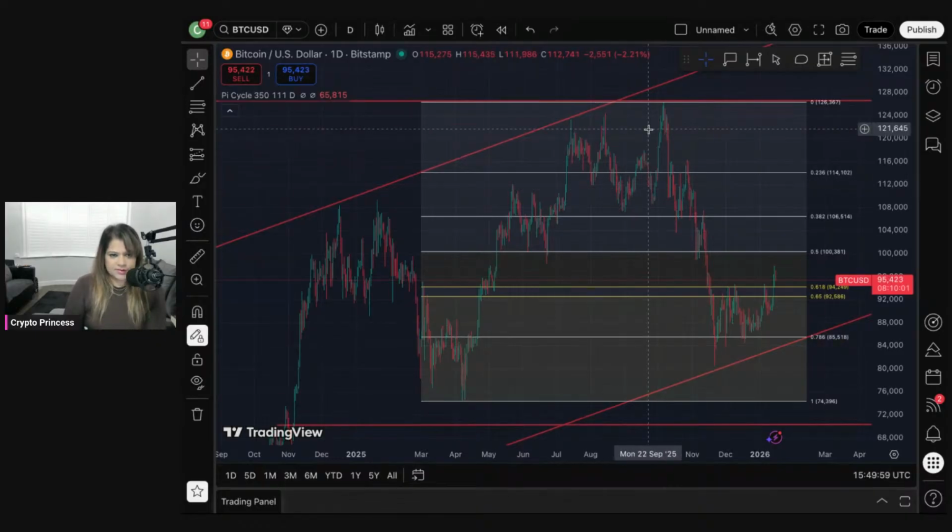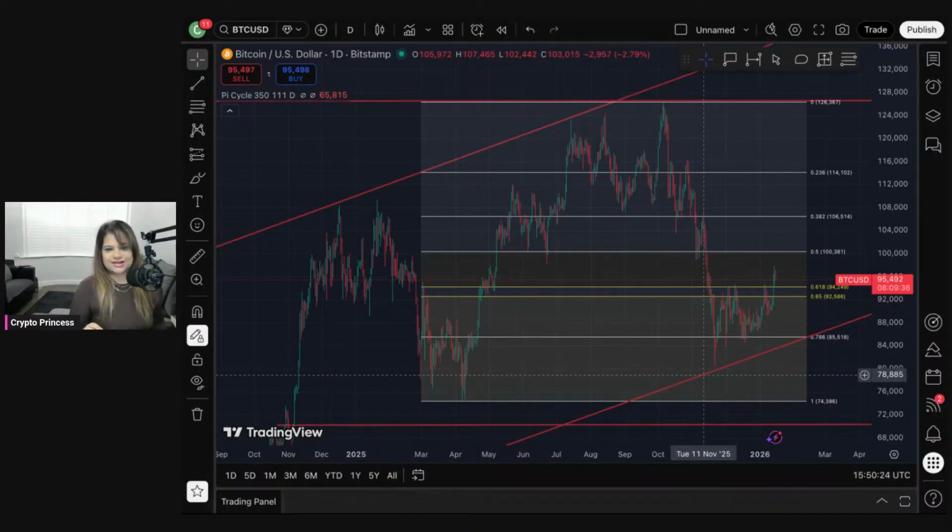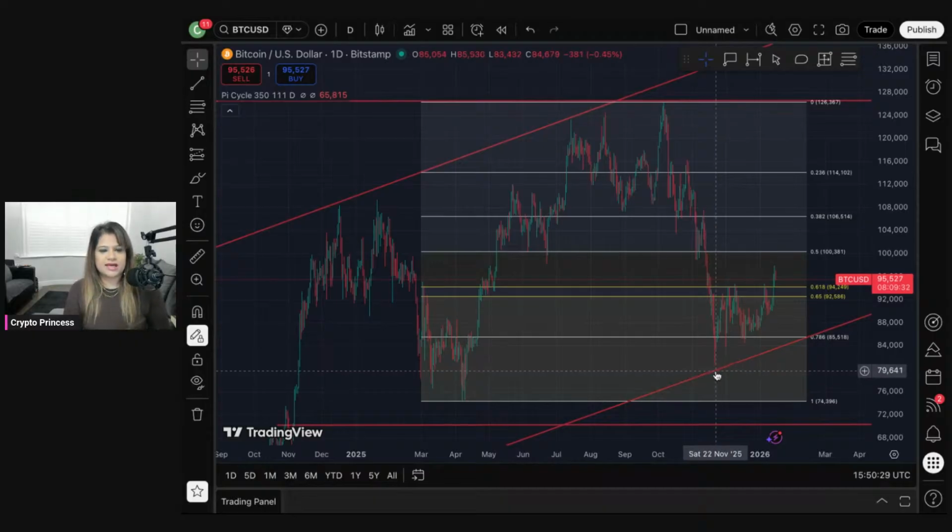So what we see is, from the highs of October the 6th, which could potentially have been the all-time high for this cycle, because time-wise, that was pretty much around about when we expected the all-time high to occur. So we've got the all-time high there. We've come straight down, almost to touch this trend line. Bearing in mind, I don't actually draw my trend lines completely properly, but we hit a bottom. What is this? About 80,000,